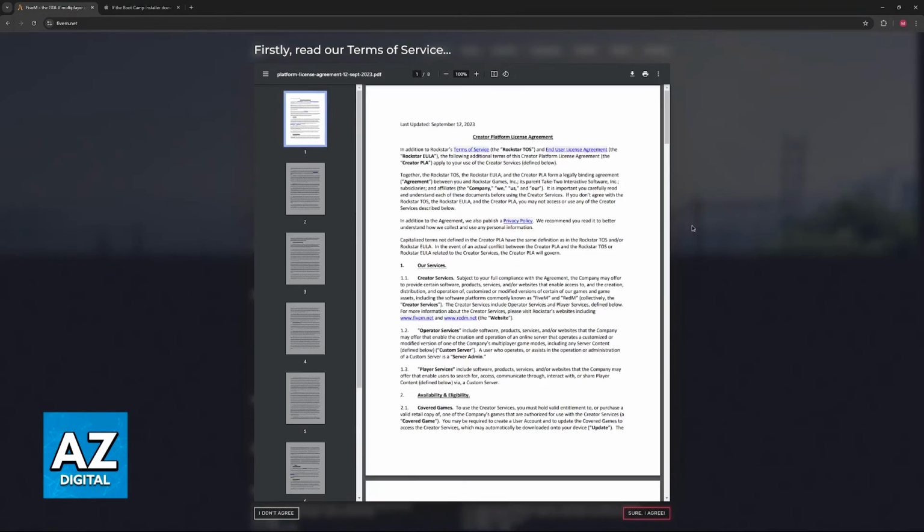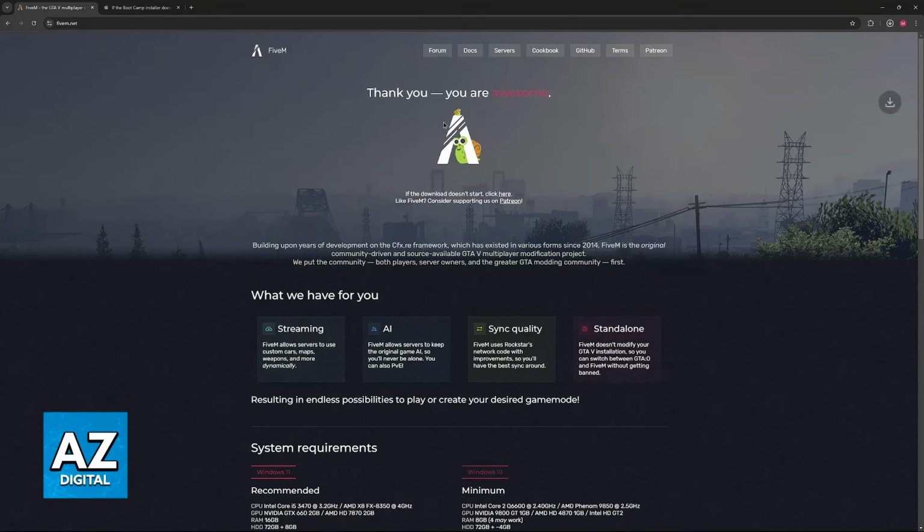you just have to download the FiveM client. So make sure that you read and agree with the terms here, and then you will download the executable file. You simply have to run this executable file on the Windows installation inside of your Mac, and you will be able to play. I hope I was able to help you on how to play GTA RP on an Apple computer.